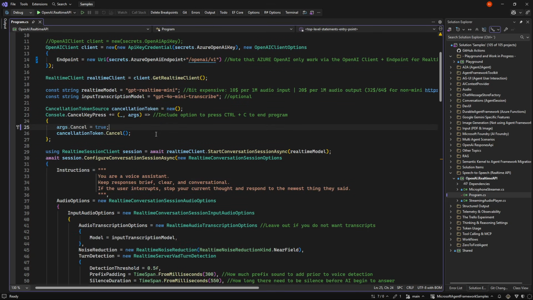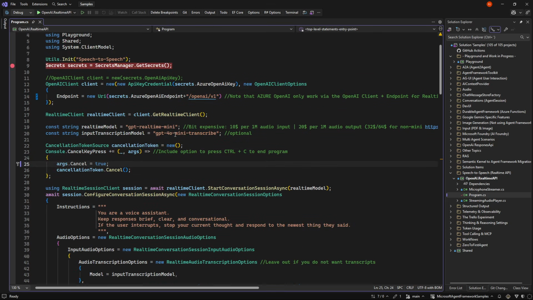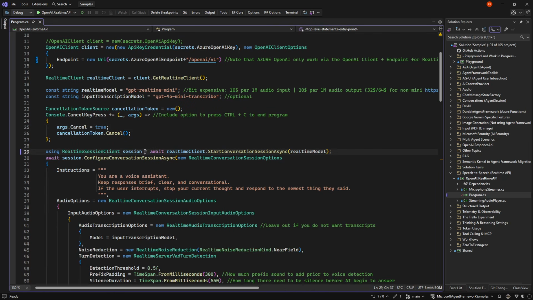Then when we ran it, it said we could press Control C to cancel. That is just a console cancel key press here. And then we take our real-time client, and then we start a conversation. And that conversation happens with the model.